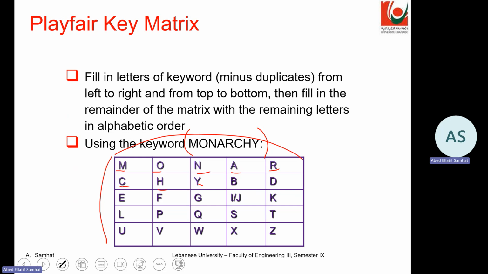P, Q, and so on to have all the letters. Because we have 26 letters and we have 25 places, as we have a 5 times 5 matrix, typically I and J are considered as only one letter. So it's possible to use I or J, and it's very easy in the plaintext to know the word, because we are working with letters. So it's very easy in any language to conclude whether it is I or J. Okay. So we build